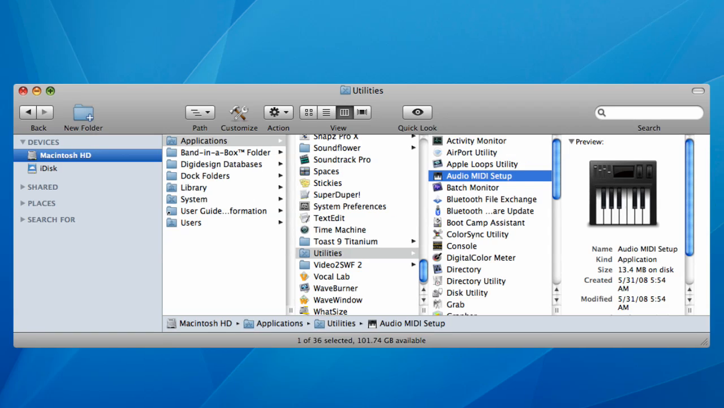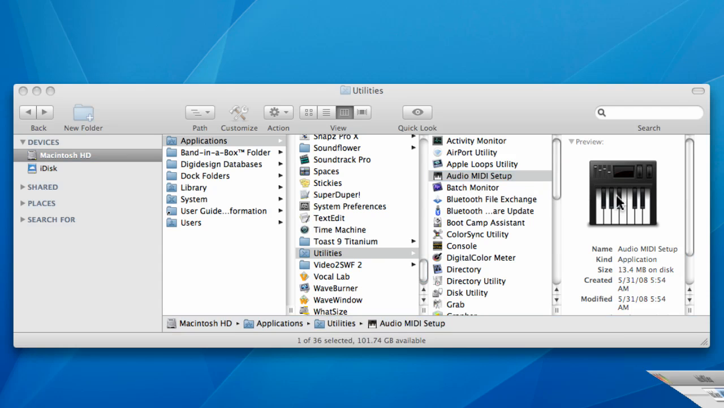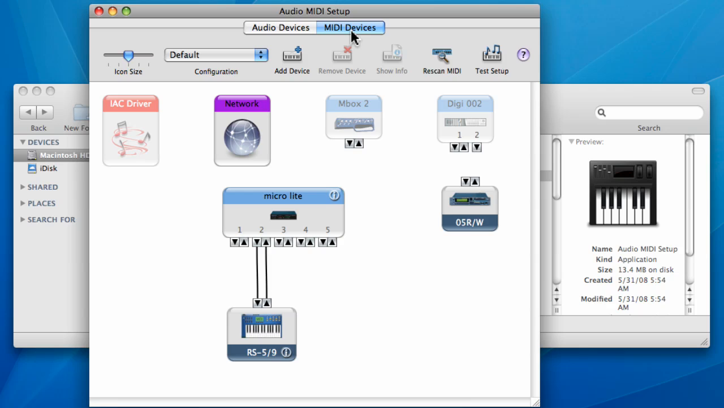within your Utilities folder. Inside of your computer's hard drive are your various folders containing all the applications and software that you have installed. Inside of the Applications folder, there is another folder called Utilities, which houses the Audio MIDI Setup utility. When you launch this, you should see a graphic representation of your MIDI devices. You might need to click on the MIDI device tab, but you should see icons in here that represent your